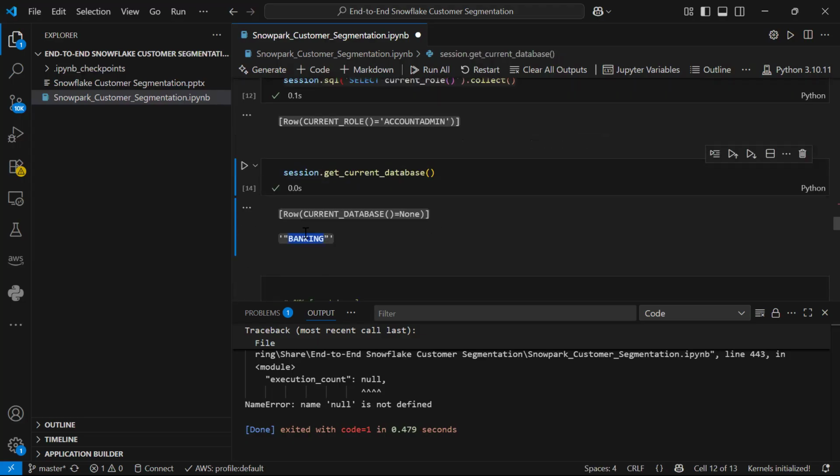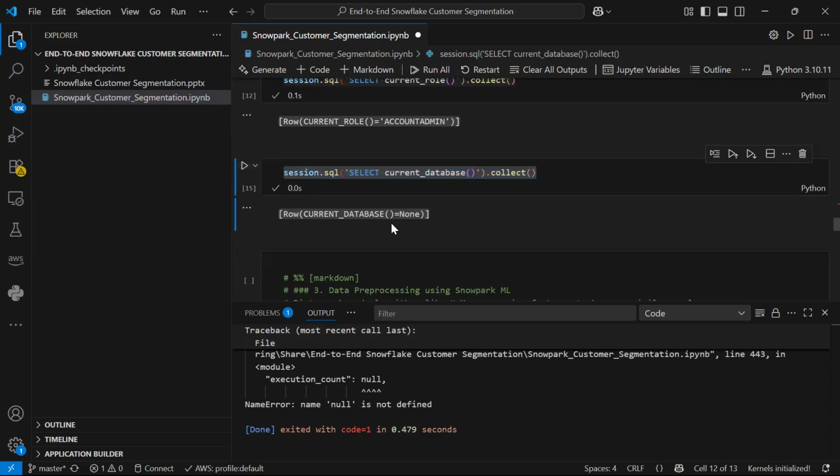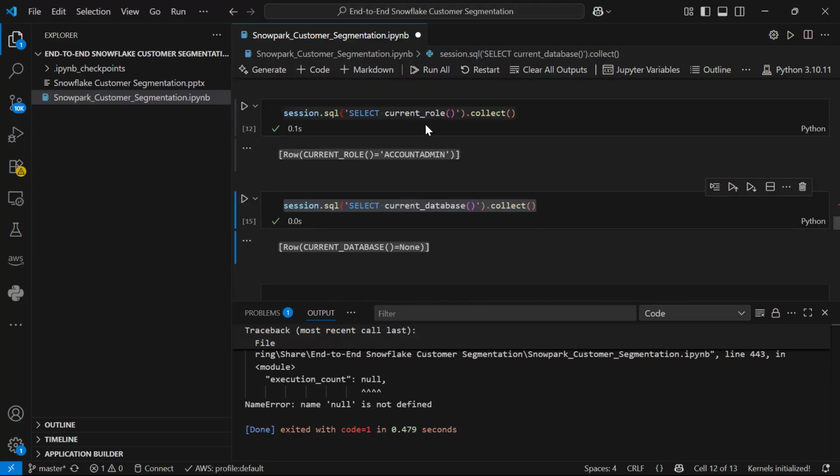Banking, can you see that? But for the other thing, I don't know why it is showing like this. Current database equal to none. That is the reason maybe it is showing error. If it is correctly showing the role, it has to show the database also, no? Current database.